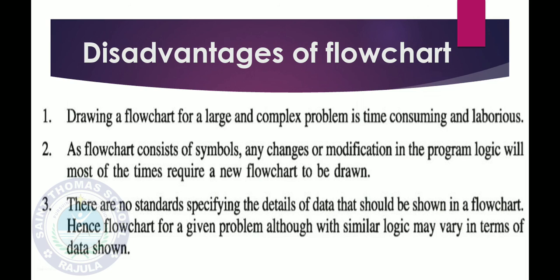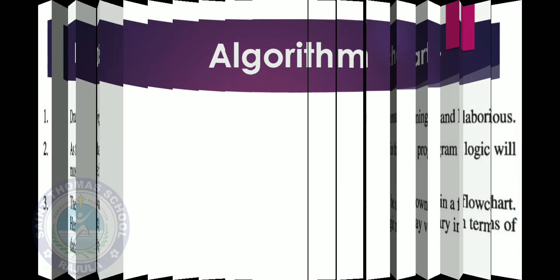So what is an algorithm? An algorithm is also a step-by-step instruction, but without pictorial representation, in English-like language. So step-by-step instructions are there in the English language, so it is very easy to modify and very easy to write. No need to draw anything, so it is not time consuming. Just as we write content, the same way we can write it as an algorithm. So now we will see it with an example.